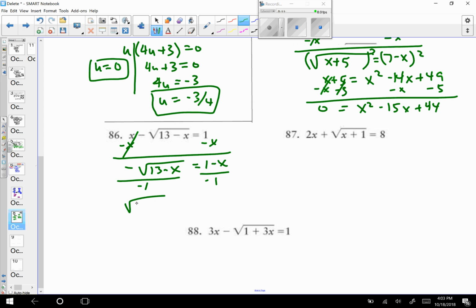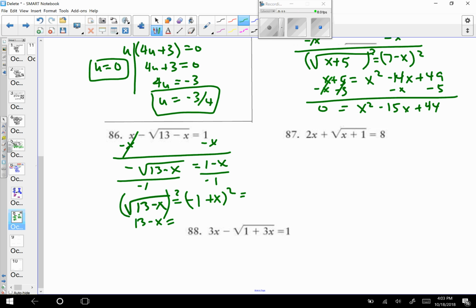We want to get the square root of 13 minus x is equal to 1 divided by negative 1, which is negative 1. Negative divided by negative is a positive. So this is the same thing as x minus 1. And do the same thing that I did up here, right? So we're going to square both sides. So you're left with 13 minus x is equal to,